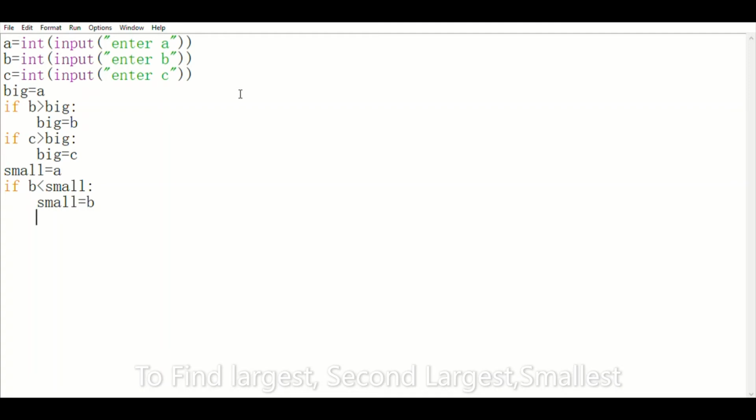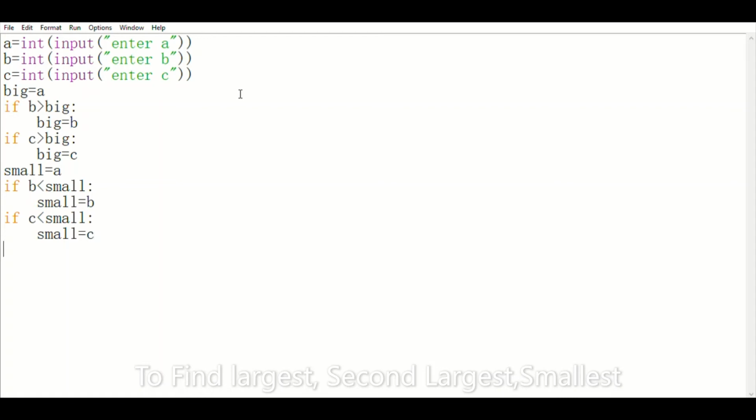That means we are checking if B is less than small. If this condition is satisfied, we'll assign small equal to B. Next we are going to check if C is less than small. If this condition is satisfied, then we'll assign small to be C.